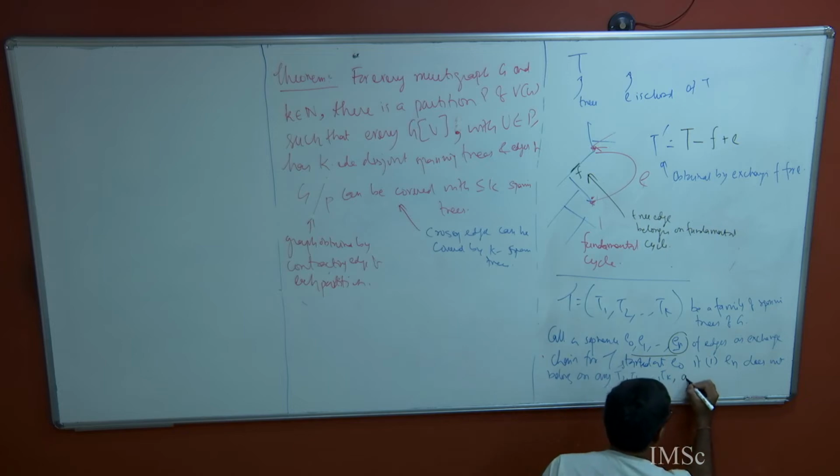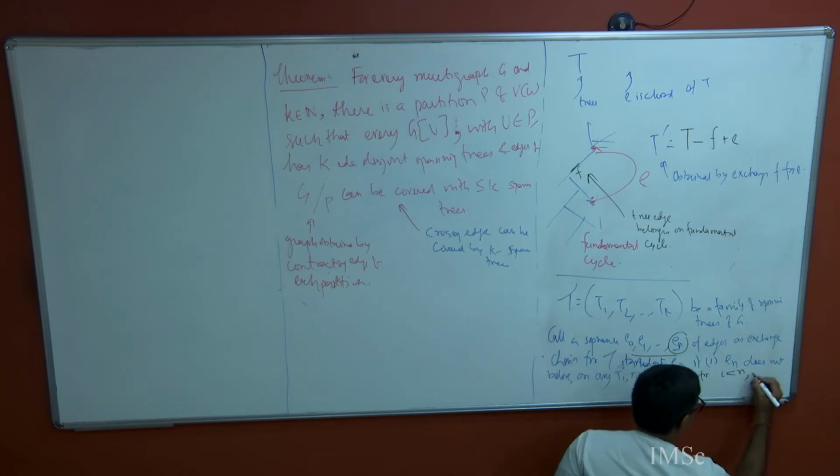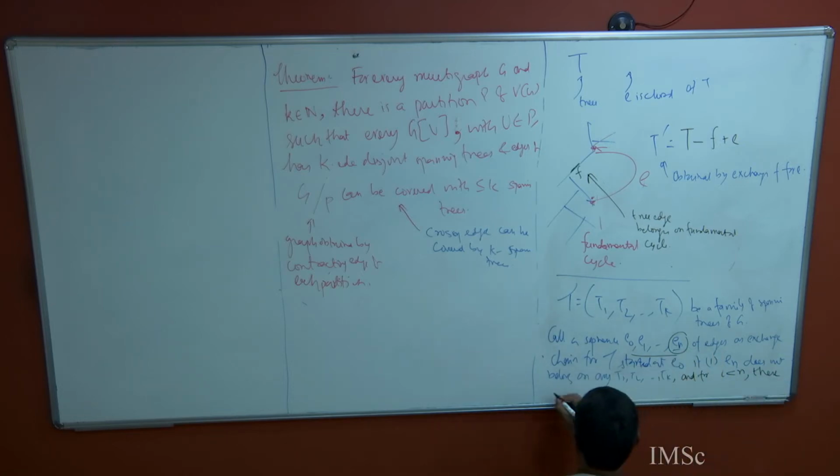And for all i strictly less than n, there exists j depending on i such that